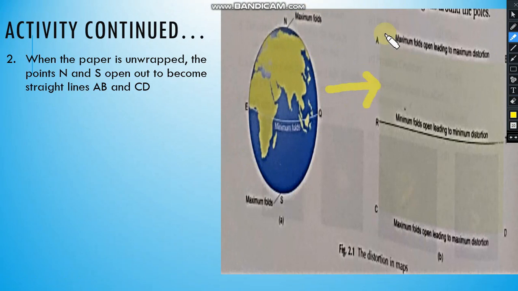This is a flat sheet. So the North Pole will show maximum distortion here. Similarly, South Pole will show maximum distortion here. And less distortion, minimum distortion will be seen at the middle. It means this middle part. Here we have minimum distortion. You might have seen there are less folds here.